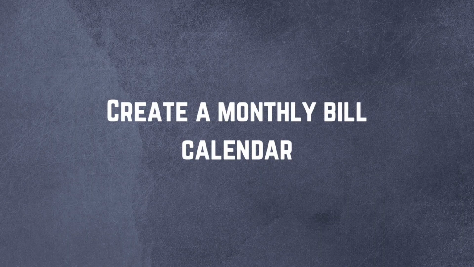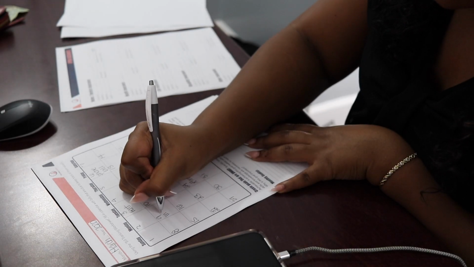Once I finish listing all of my bills, then I will chart the dates that those bills are due each month, and I put them on a calendar. And once I put them on the calendar, then I will determine what my goals are for this month. So for me personally, this month I want to try to save $1,000 so that I can do something for my birthday next month. I typically don't celebrate my birthday, so this month I want to save extra to do something for my birthday. That's just my goal.